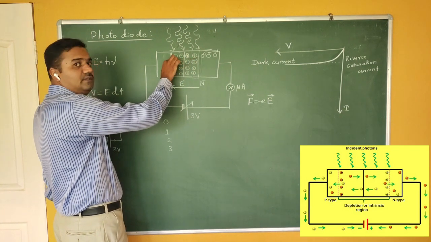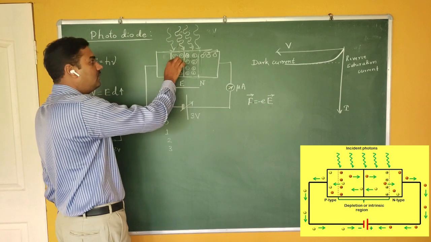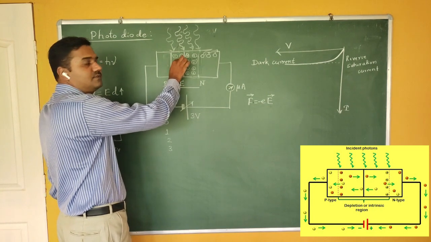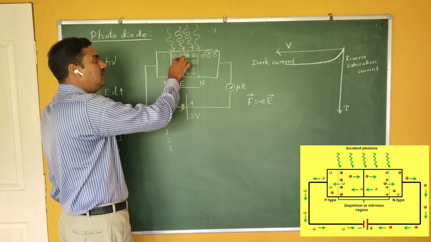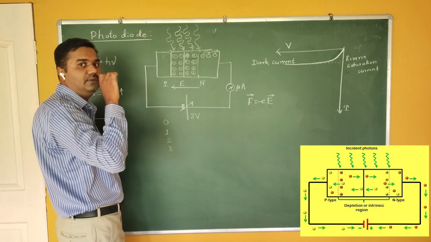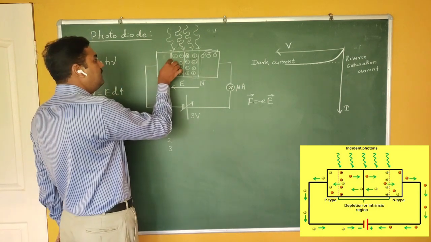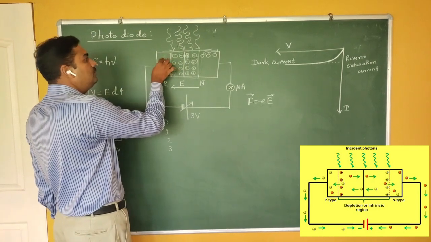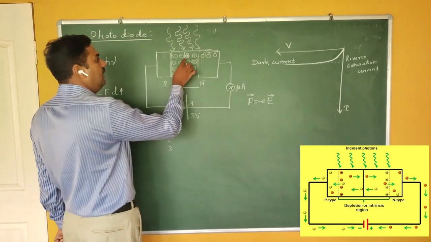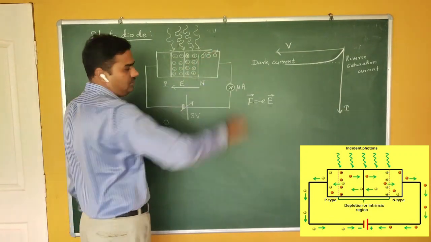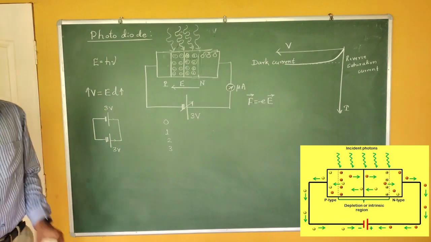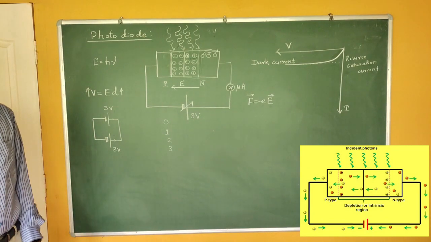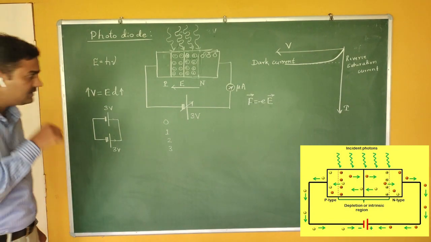Same here, an electron can fill this hole. If an electron fills this hole here, this part becomes neutral, but this part will get a hole, same like this. So the hole is moving in the opposite direction and electrons are moving along this direction. So the flow of electrons takes place. Okay, you will get a flow of electrons.